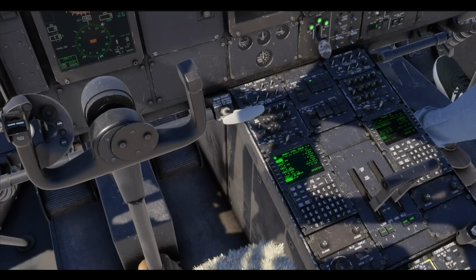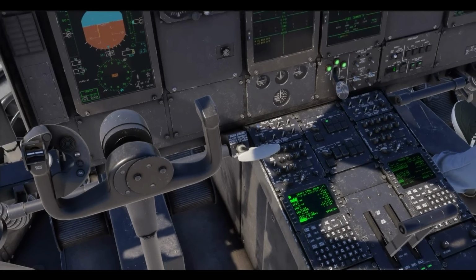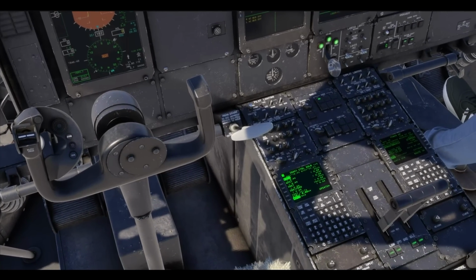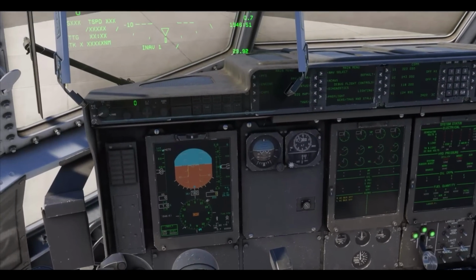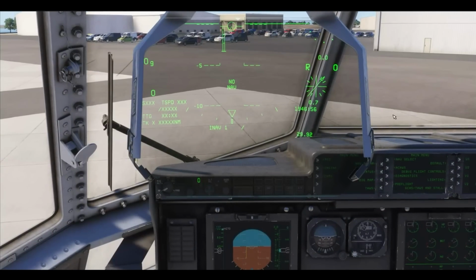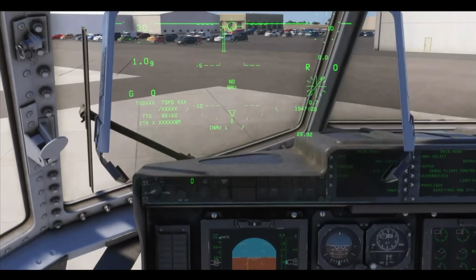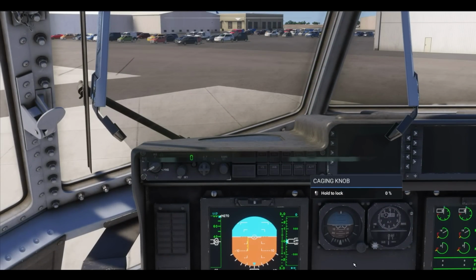If we disable GPS, then we'll get an INS only solution, with a couple tricks that we'll get to later. So now let's start up our engines. Here our HUD has come online, and I didn't adjust the seat. So you adjust the seat based on,